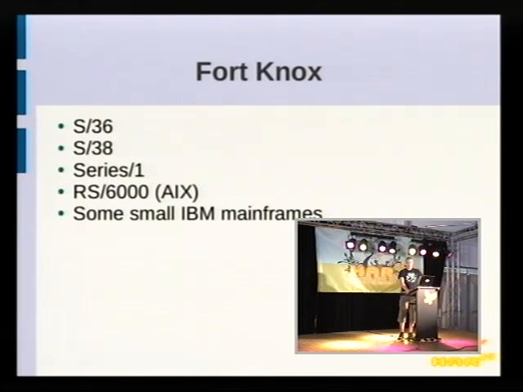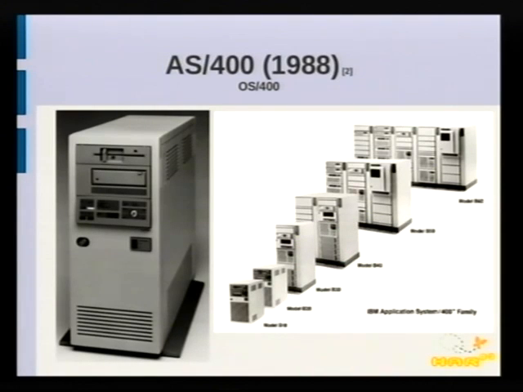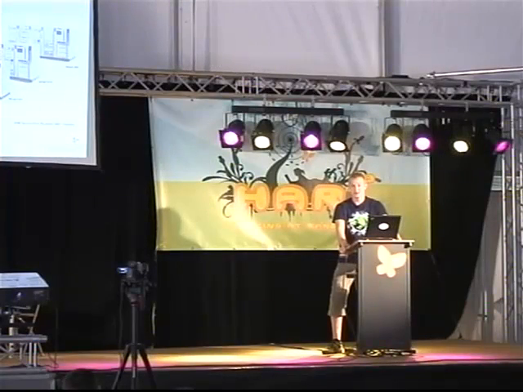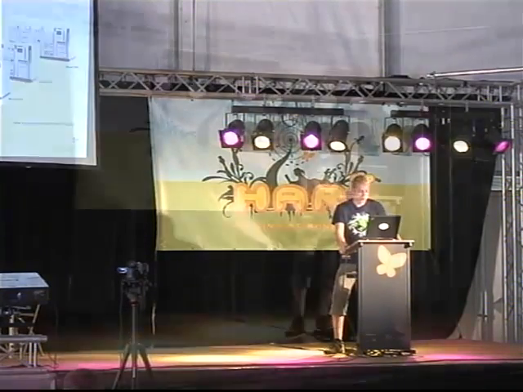And the project failed. So it left Rochester basically with nothing. But they did have a backup plan, and that was this project Silver Lake. In that project they created the AS400, which was in many ways just a new implementation of the System 38. These are actually pictures of the first systems, the small systems and the big ones.